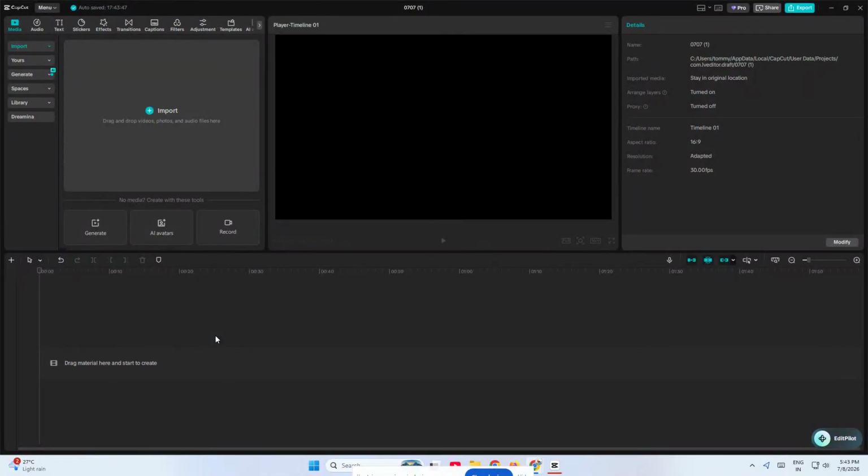If you want to learn how to import files on CapCut, you're in the right place. In this quick tutorial, I'm going to show you the exact steps to bring your files into CapCut on PC so you can start editing right away. Whether you're importing videos, images, or audio, this is one of the first things you need to know before you